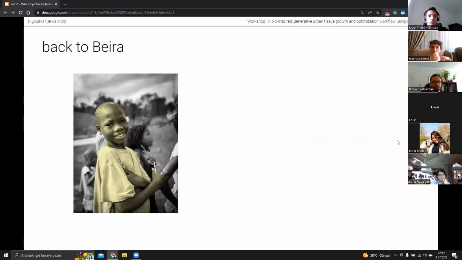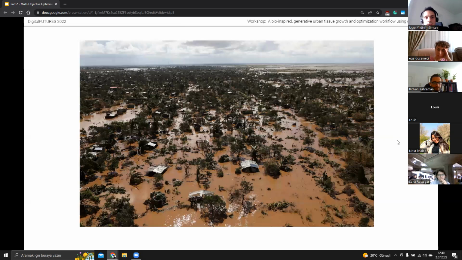Okay, so one of the last projects that I want to show you is called Back to Beira, which is from my master's final studio, and also related to my thesis as well. So let's first give a bit of background about this project. The concept of the project was called Design Within the Limits of Scarcity, because this project was in Mozambique, and in, I think, 2019,